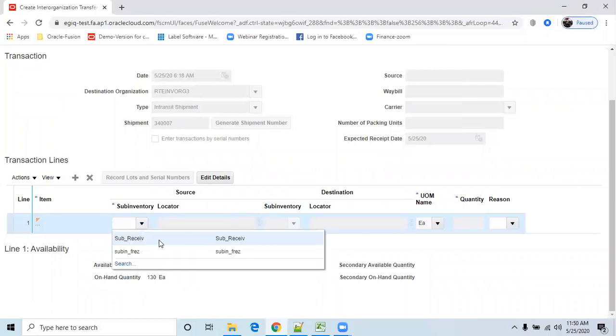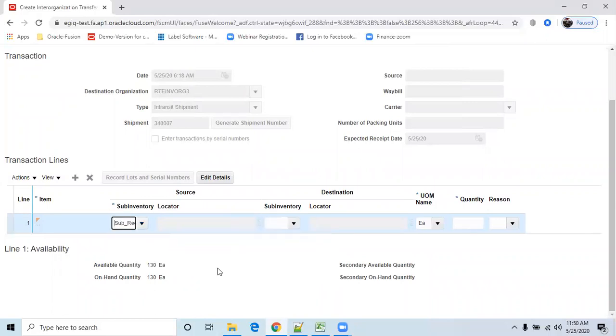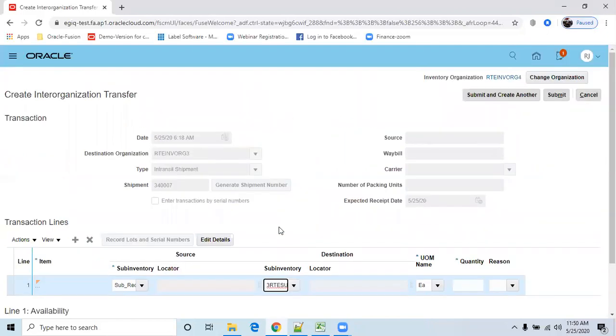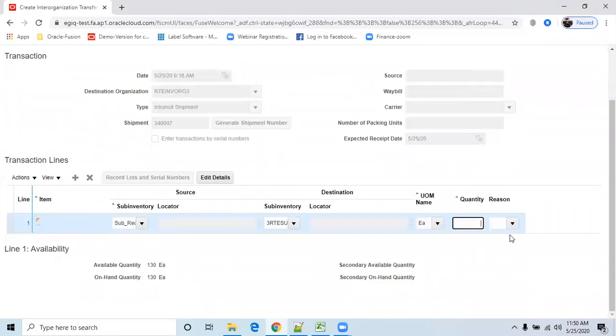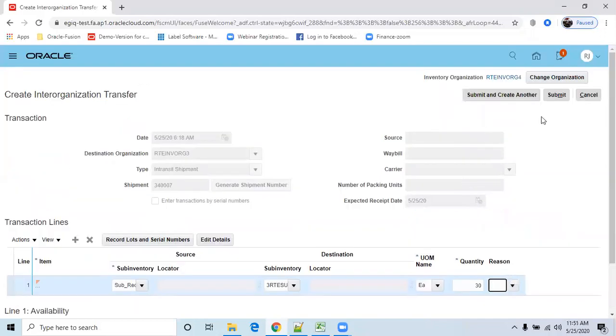I want to select a specific subinventory, receiving. From the receiving subinventory of source, I want to transfer to a subinventory of the destination organization. This source subinventory belongs to the source organization, org4. Now I have 130 here, and I am planning to transfer 30.